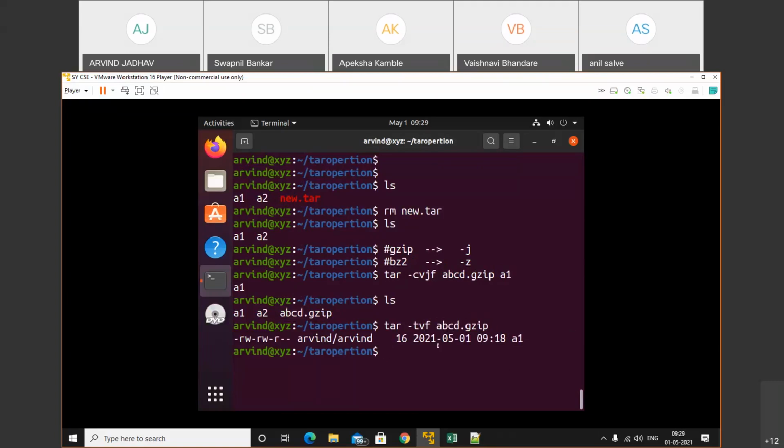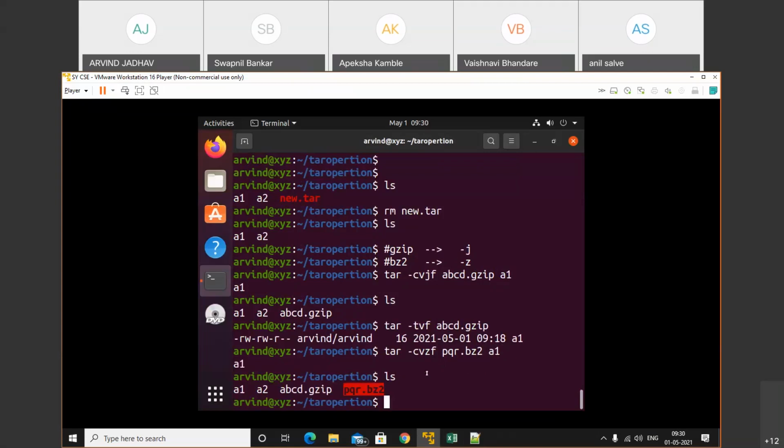Okay, like that if you want to create a bz2 file, similarly we can do that. tar -cvf, and we just need to add the z additional option. So see, if you want to use bz2, then we need to pass -z. So here we pass that. After that, here I will write pqr dot bz2, and after that pass the a1. Let's do that. ls करके देखो. See, we get the pqr dot bz2.